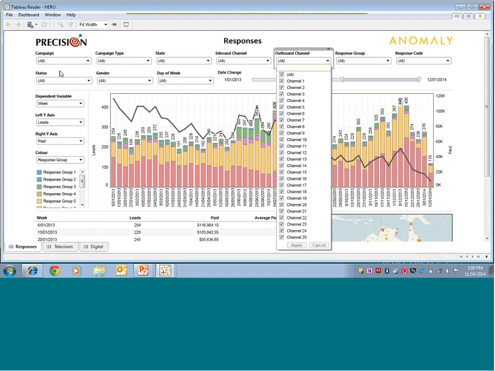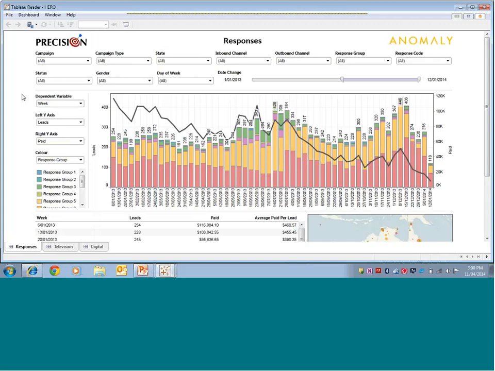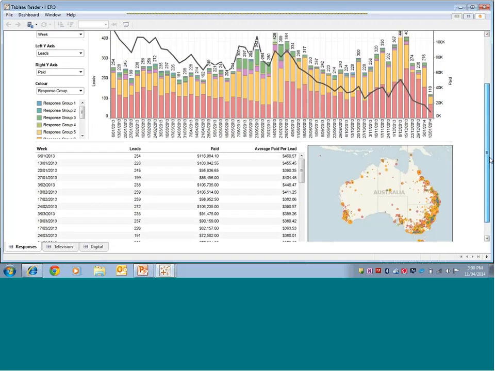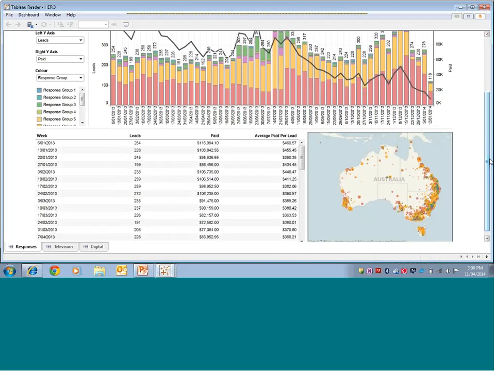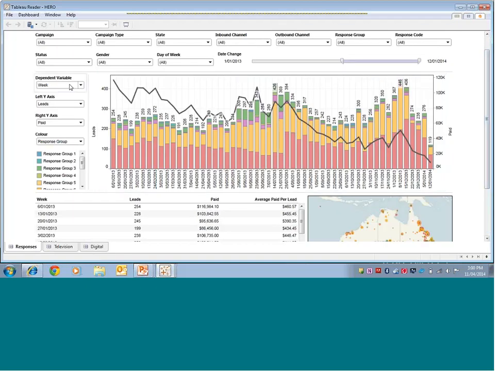What we can then do is graph that information and provide it in a tabular format. So here is the graph and the tabular information down below it, and we also present information on a map. Using parameter controlled axes, you can change what you want to display in those graphs or in that table.